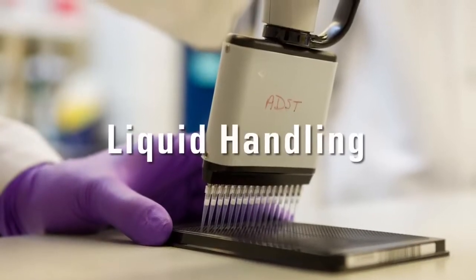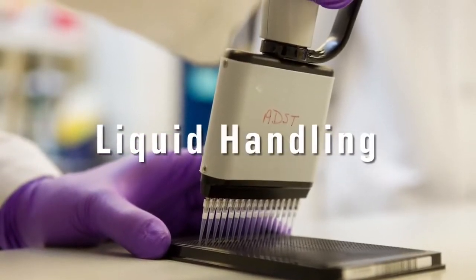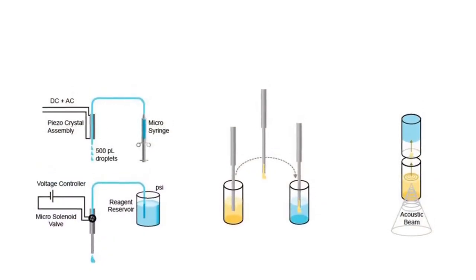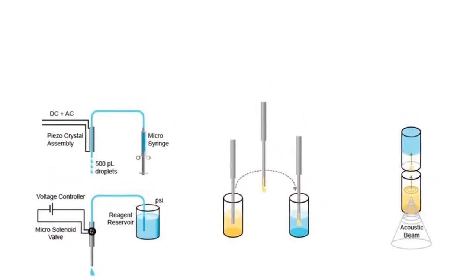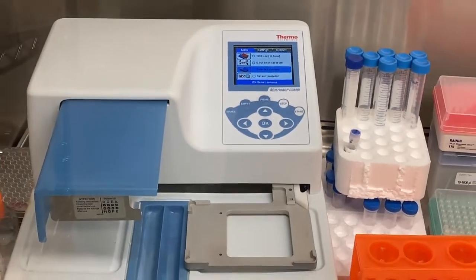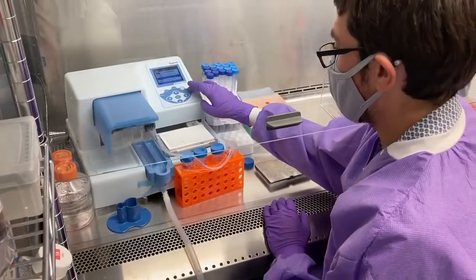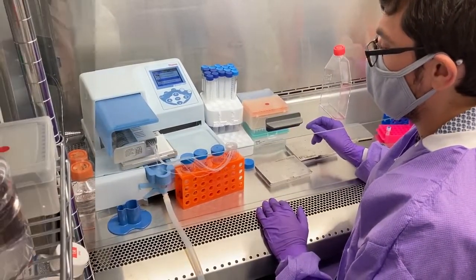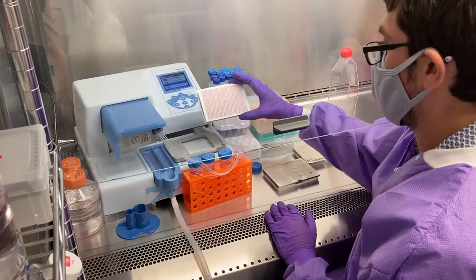Here, the standard assay format involves 1536-well plates. This miniaturized format requires highly efficient and precise liquid handlers to dispense cells and reagents. The multi-drop combi dispenser is the main liquid handler for cells. With its 8-tip peristaltic pump, it is capable of dispensing across a microtiter plate in less than a minute.